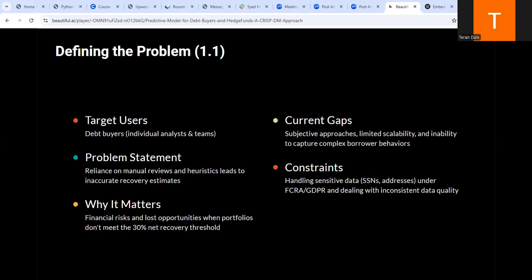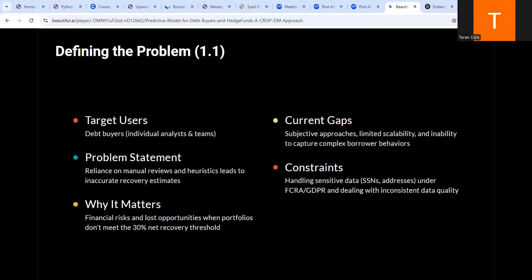So why does it matter? The financial implications are enormous. A portfolio that doesn't achieve at least 30% net recovery after expenses can lead to significant losses. In contrast, a well-priced portfolio not only safeguards investment, but also gives the buyers a competitive edge in the market. So if a portfolio manager, a hedge fund manager, or a debt buyer had a system like this, with a scoring model, there are some similar things out there, it would be extremely advantageous for them to evaluate the portfolio as a whole before making